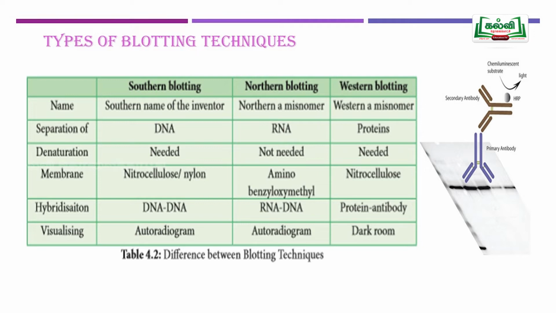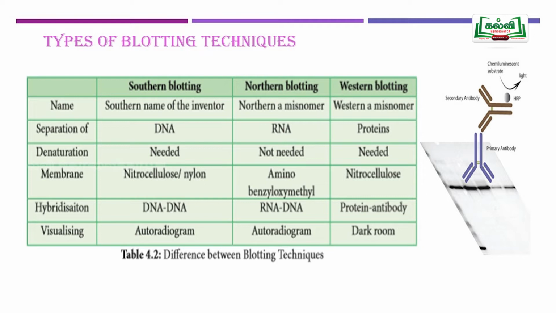What will happen? Wherever the particular DNA sequence is present, the probe will go and bind complementary to it. So under the autoradiogram technique, a dark spot will be clearly visible. Thus we may perform Southern blotting. Similarly, we may use it for Northern blotting too. In Northern blotting, instead of DNA, we have to use RNA. The remaining entire procedure is similar.